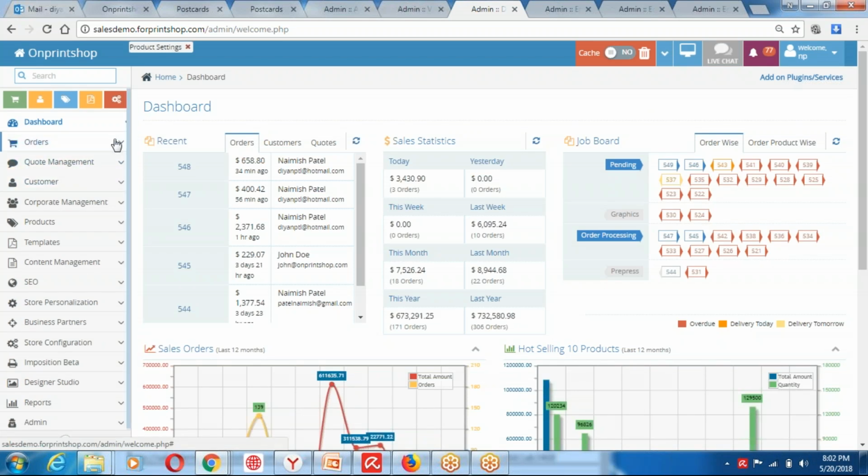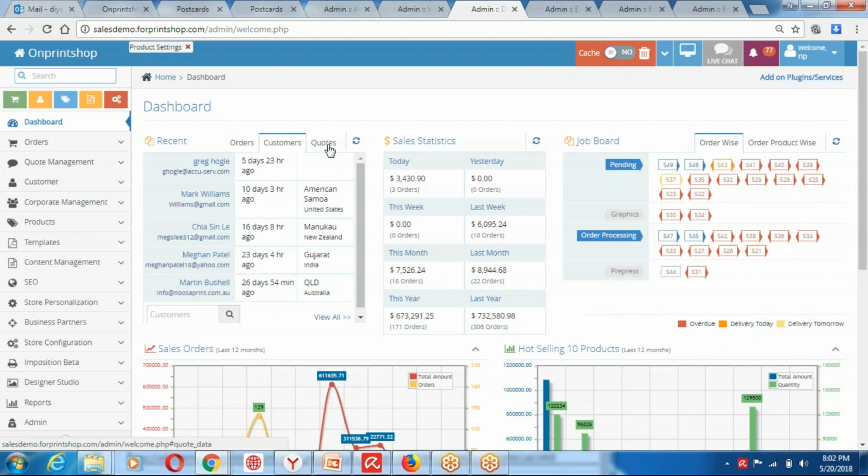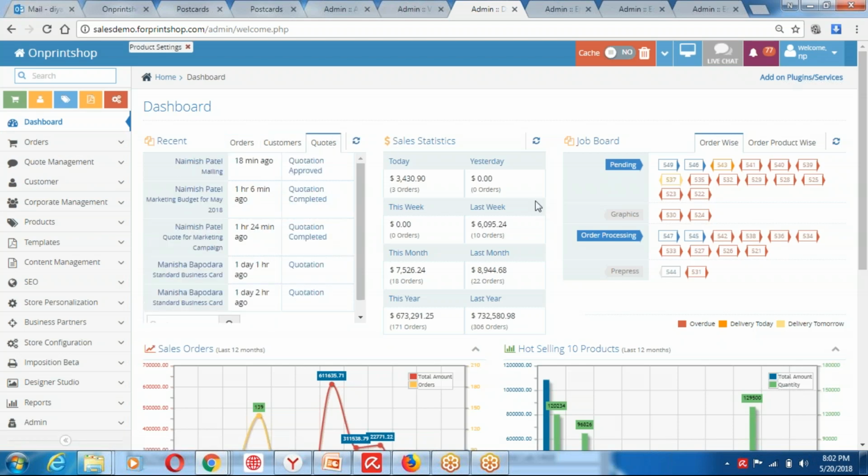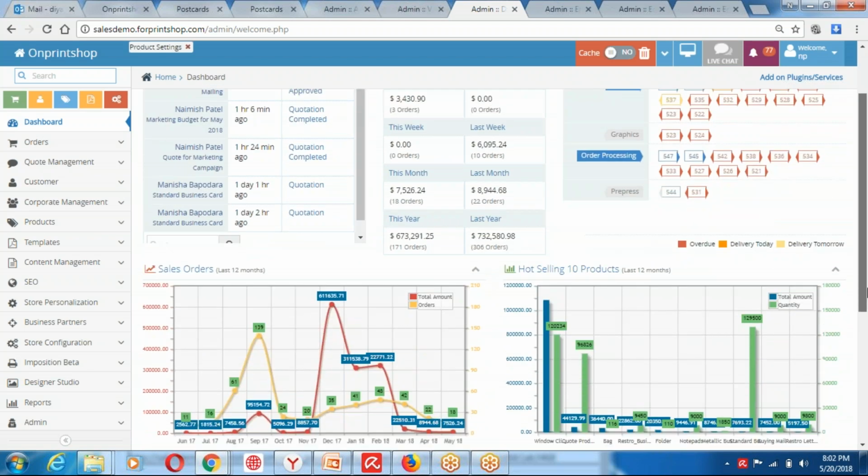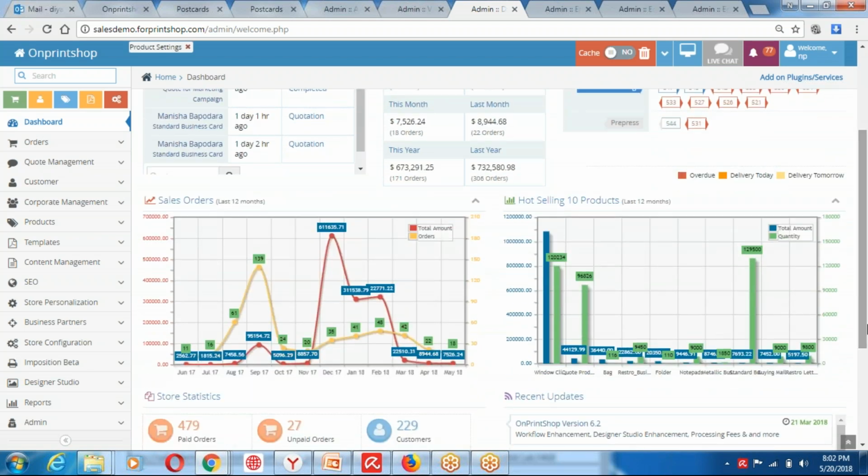All your orders you're able to enter into the system, and that's where you're able to see how your business is moving. This is a quick dashboard which would show you how many orders you have, how many customer accounts, recent quotations, sales statistics. Whatever orders you have, you would be able to see here. Whatever quotations you have, you'll be able to see, and the status. So by just logging into a storefront, if your team is working on your quotes and orders, as a business owner, you will see a complete overview of your business, a job board which would show which orders are on which stage, and a quick summary of how your business is moving.